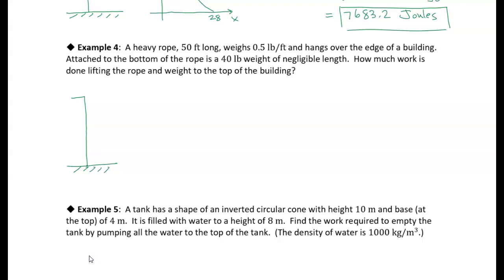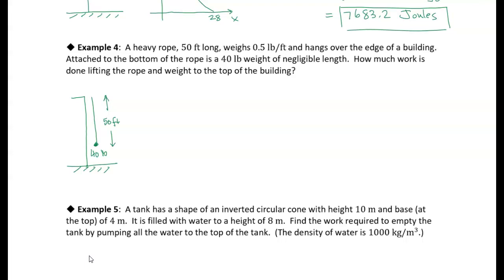50-foot long rope, right, with a 40-pound weight at the end, right? So this is 40 pounds, and then the rope is 50 feet. But it's the same sort of thing where we're taking this rope, it's hanging over the edge of the building, and we're pulling the rope up onto the roof and